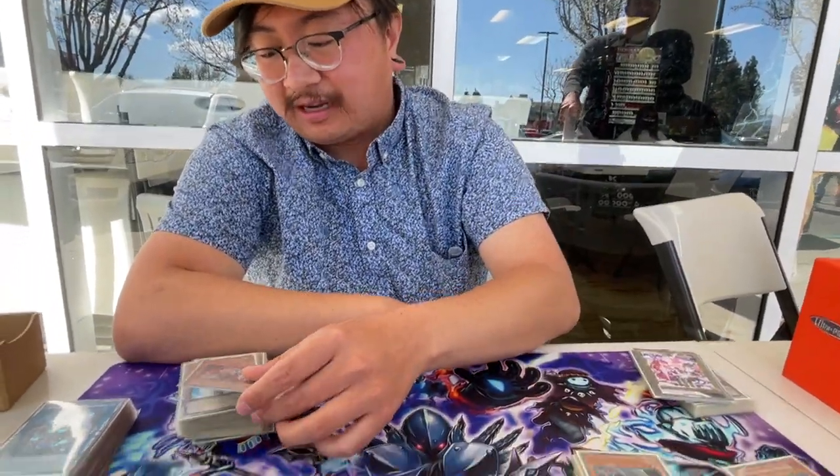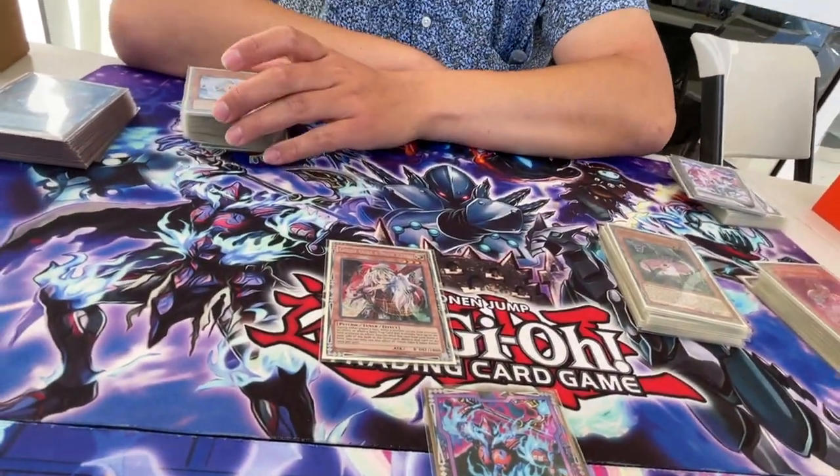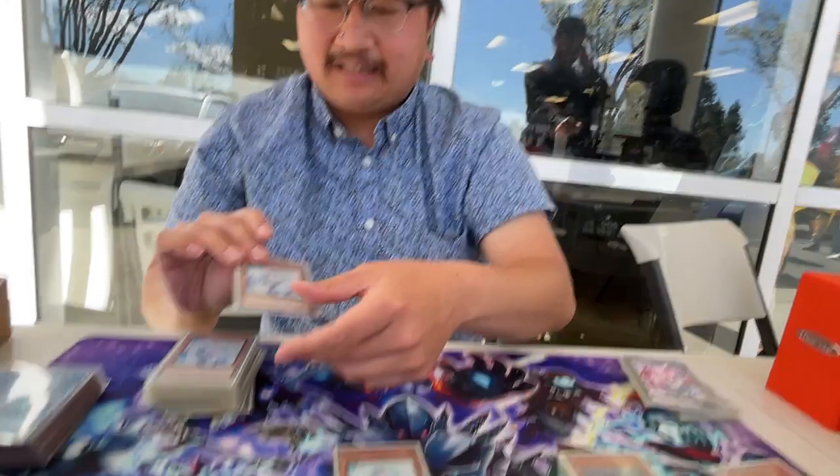Alright, now we go to hand traps. I have the one Ghost Ogre. It's accessible from Emergency Teleport. Toolbox. If I had more space, I'd probably be running more. I'm running another one in my side. It's pretty nice. And then the other ones is